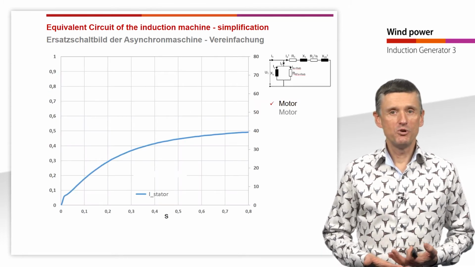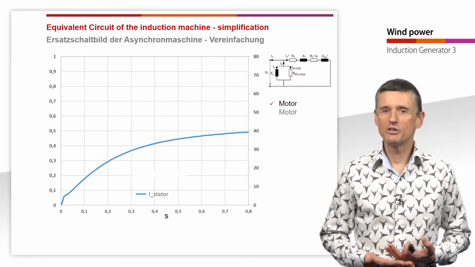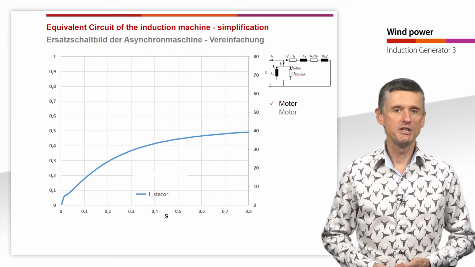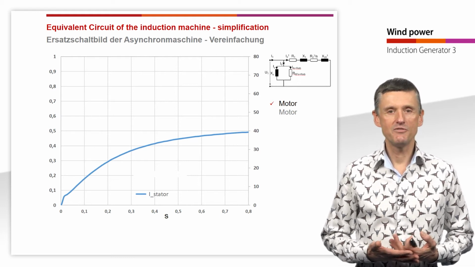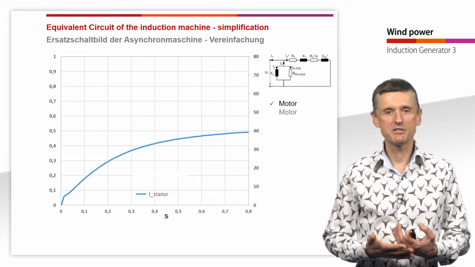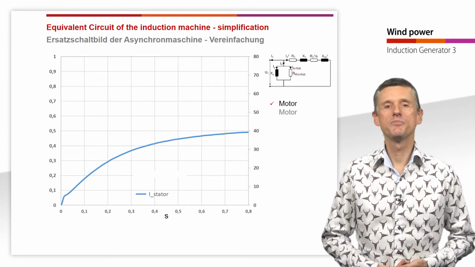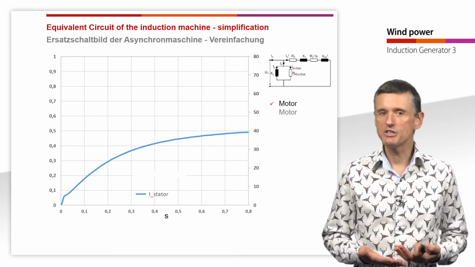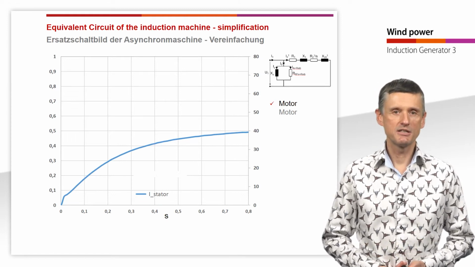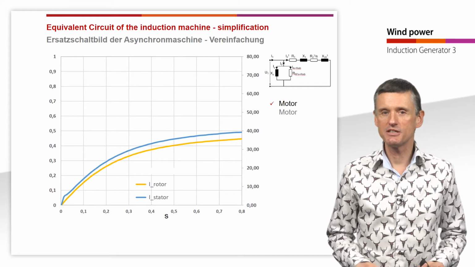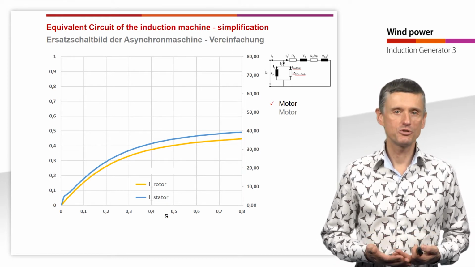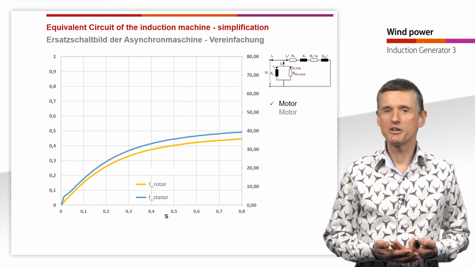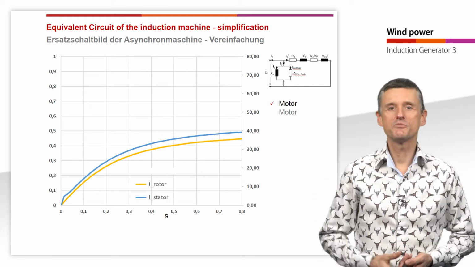Now we can have a look at our induction generator, how it operates as a motor. And we again see the behavior in relation to the slip S on the horizontal axis of the diagram. And there we see the stator current is increasing with the slip S, and a bit less is always then the current of the rotor, as we have a few losses here in the air gap, that is the vertical branch here.